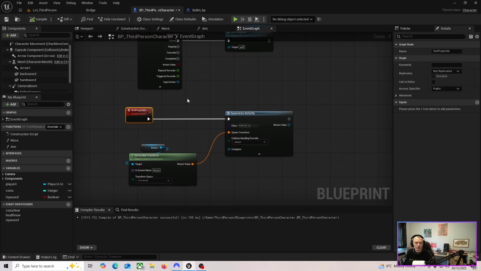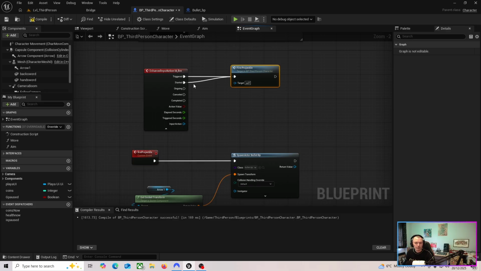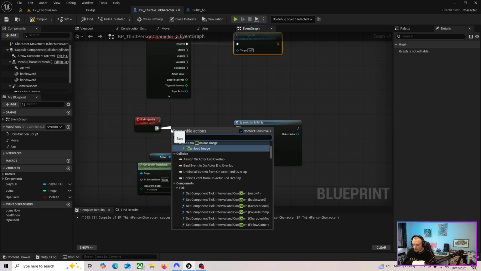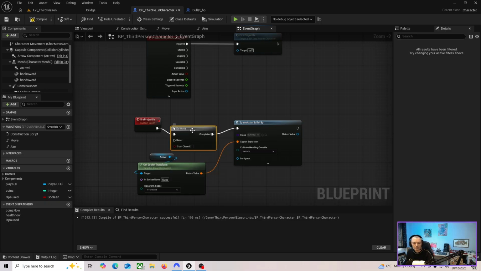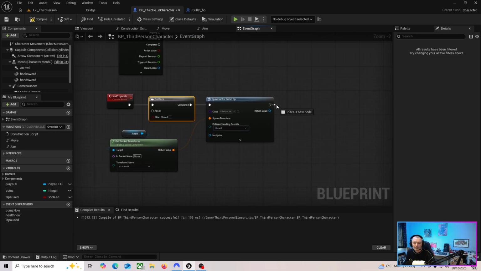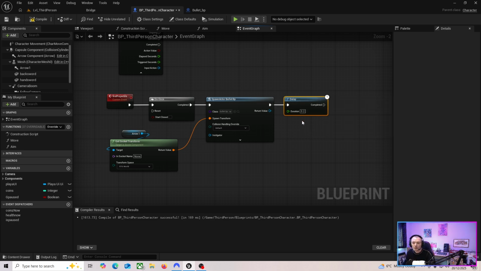Another way is you can have it on Triggered, so you can hold the button down like you would with an SMG or something in Warzone, and you can come off this and type Do Once, which means it's only going to do it once. And then after the spawn actor, you can go delay, and basically this is the amount of time that each bullet's going to take to spawn another one. So you could go like 0.1,